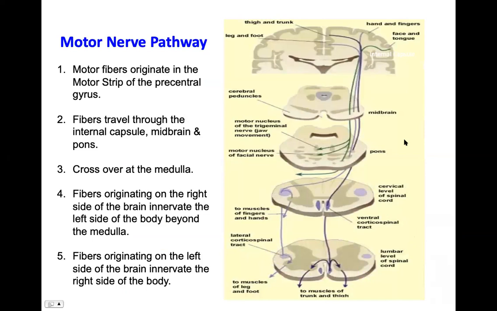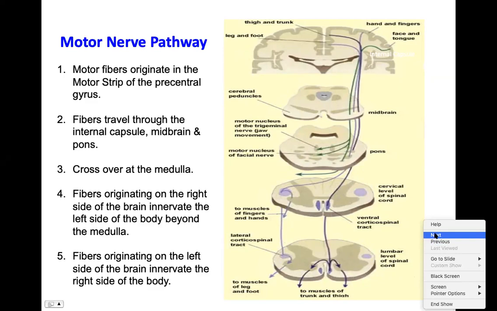Just so this is kind of a review. If you don't know this, it's really good to know it, the motor pathway. So I already said it starts at the top. It's going to go through that internal capsule. If you have a stroke and it affects that internal capsule, you're going to have a profound flaccid paralysis. Actually, it's going to be flaccid in the beginning, and then it's going to be hyperreflexive and spastic later. But you can see here's where it crosses over. So I want you to review this at your own leisure.